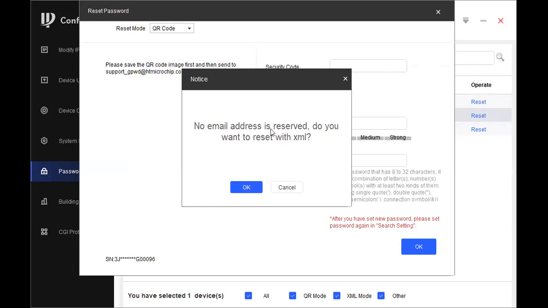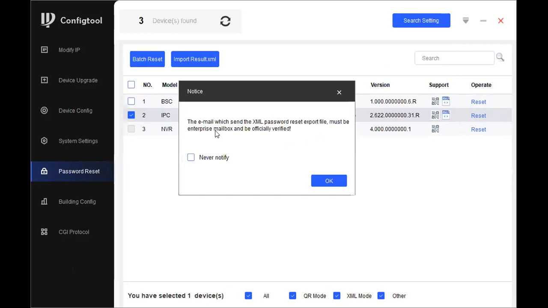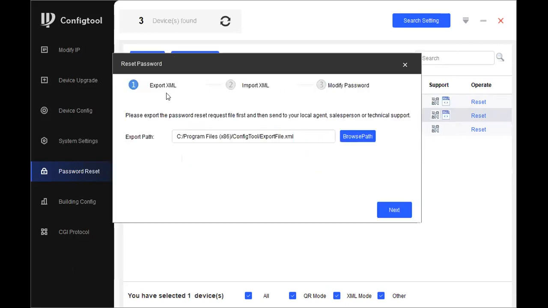In that case, you need to do XML. It will export an XML file, so the camera will export an XML file. You can send the files to us because we have a technical team here which will decrypt the information and send it back to you. Or optionally, if you have an enterprise email or a domain email, you can